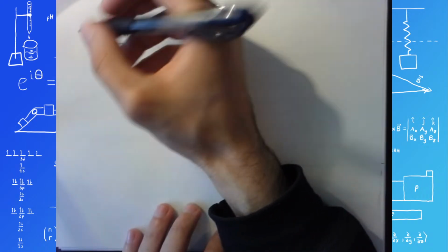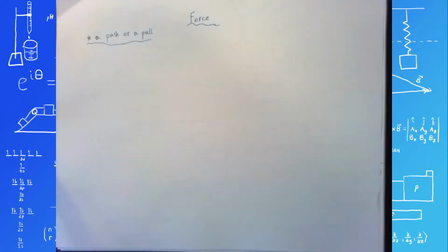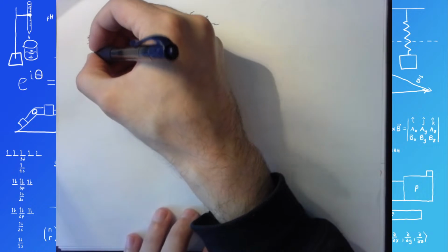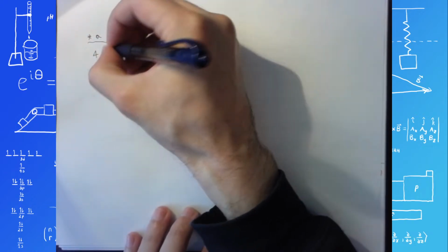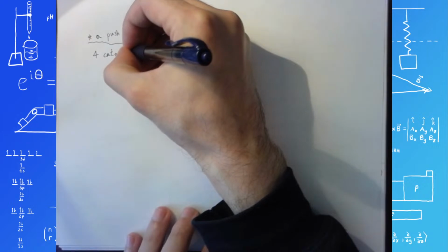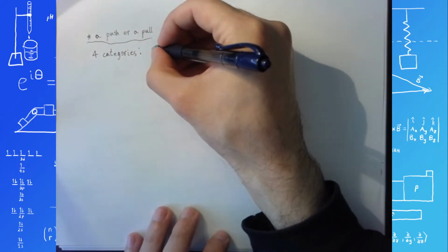Now, force falls into 4 categories. There are 4 different categories of forces, and this isn't really something you need to know for the AP exam, but I think it's helpful. So there are 4 categories for forces, and those categories are